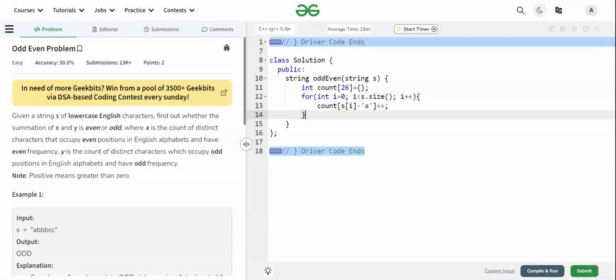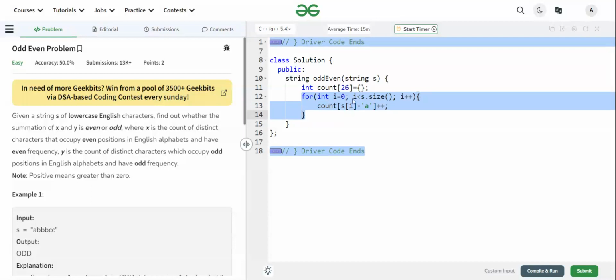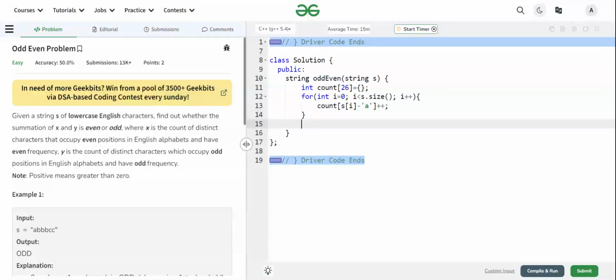So by this loop we will store all the count values of this particular string s. Suppose here a comes one time, so the first position will be 1, then the b position will be 3, and the c position count will be 2, and the rest will be 0.